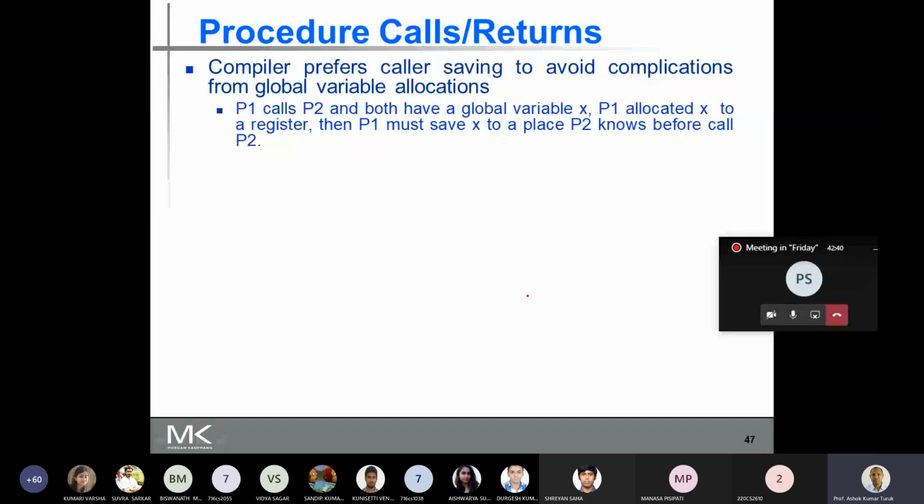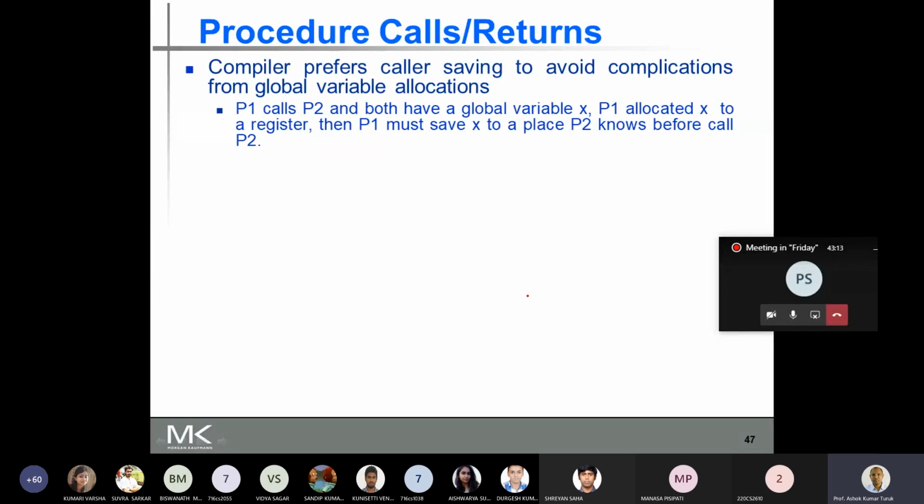Then P1 must save X to a place known to P2 before the call to P2. So before the control is transferred to P2, P1 must save the content of the register to a location which will be known to P2, so that the value of X will be present there.